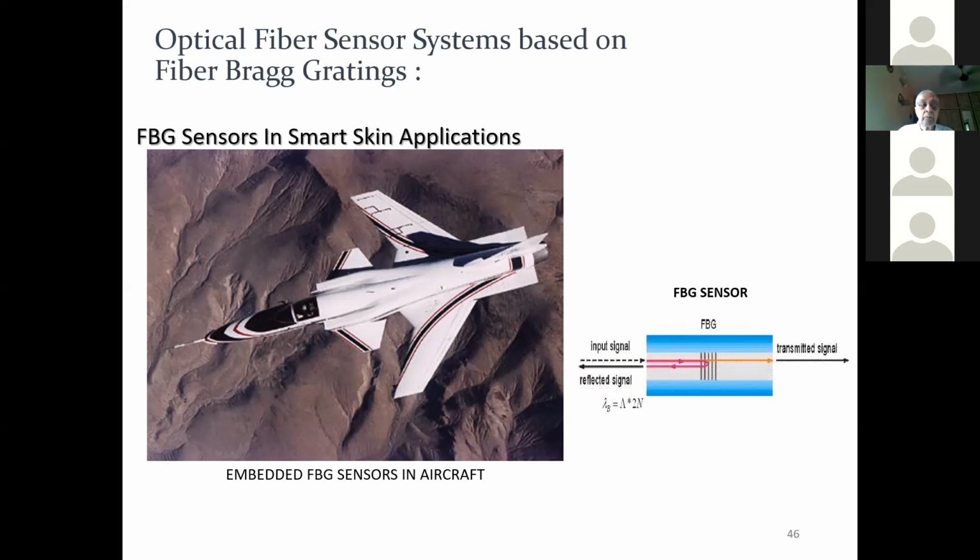And whenever there is an aircraft crash due to the failure of the structure, it normally happens through some particular structure in the aircraft, from the wing or some small structure. If a small structure fails, it can fail the whole aircraft. So it's very important to monitor the whole structure continuously, right?